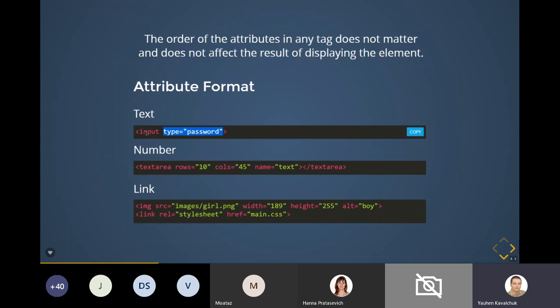It means when you start to type any text in this input, this text will be hidden and you can see only dots or stars. Textarea. Usually, again, it's not necessary to use these attributes, but when we specify rows, columns, names, the textarea becomes